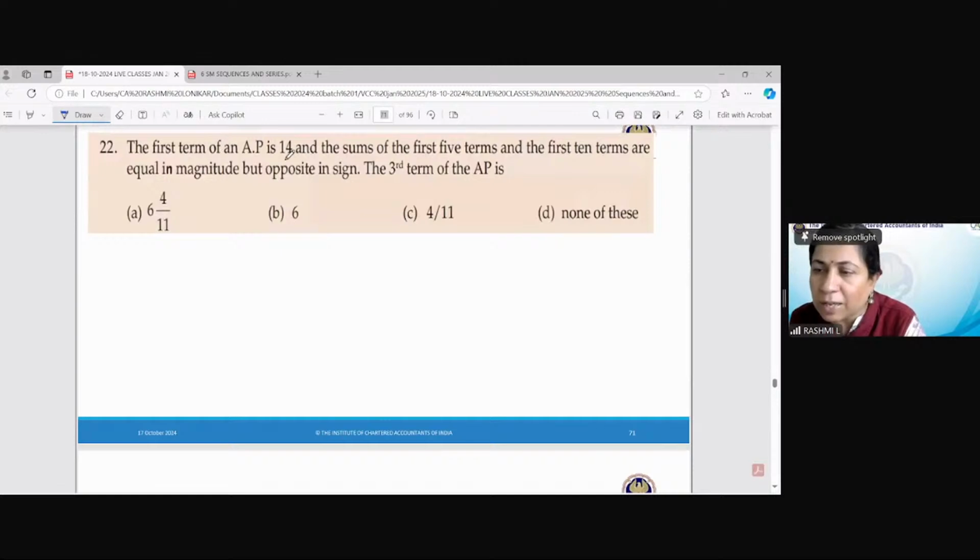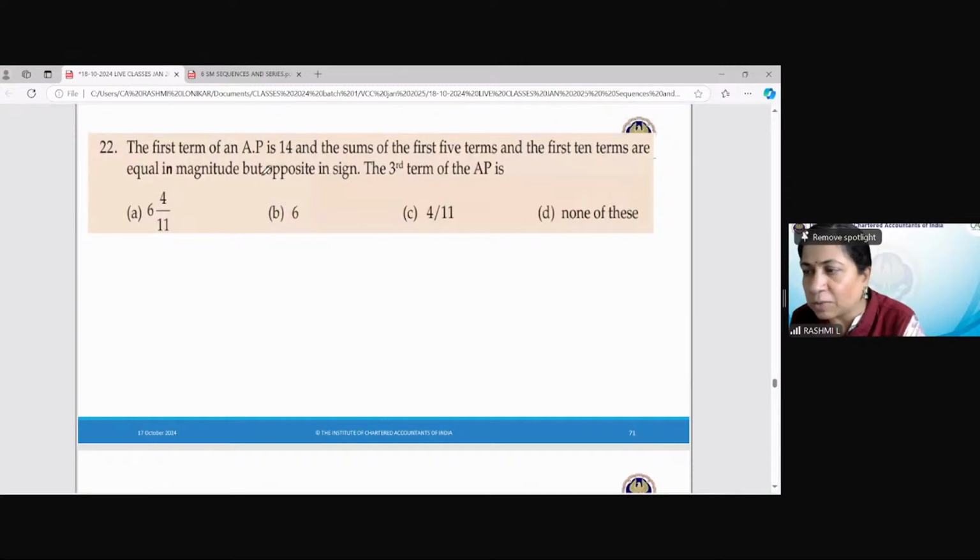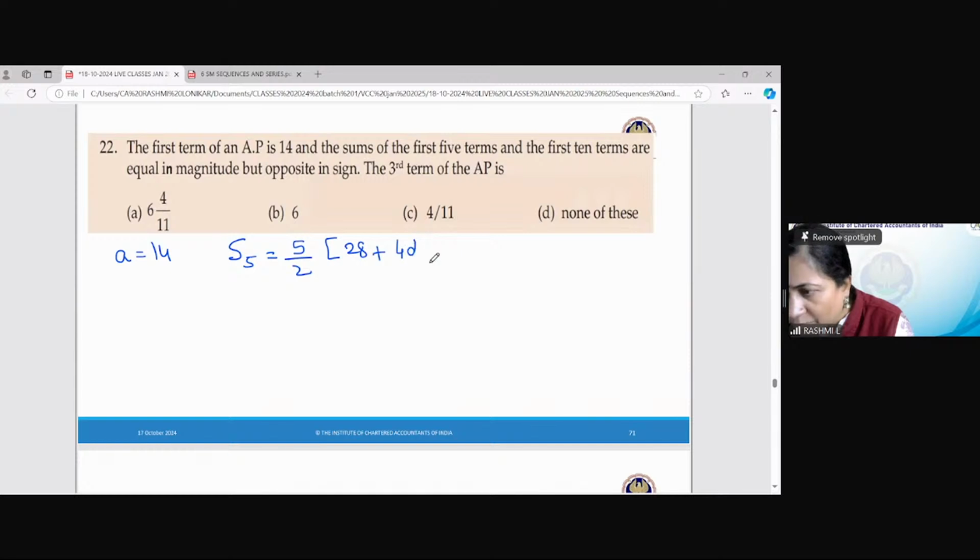The first term of an AP is 14 and the sum of the first 5 terms and the first 10 terms are equal in magnitude but opposite in sign. Okay, so first term मतलब A दिया हुआ है 14, sum of the first 5 terms, so S5 which is equal to 5/2 28, 2 into 14 is 28 plus 4D, है ना, n-1, so 5 minus 1 is 4 into D. S10 कितना होगा 10/2, 28 तो वैसे ही रहेगा 2A plus 9D, है ना।